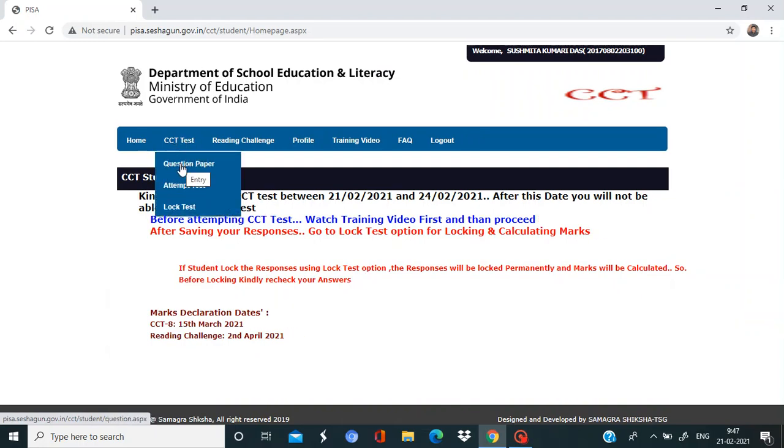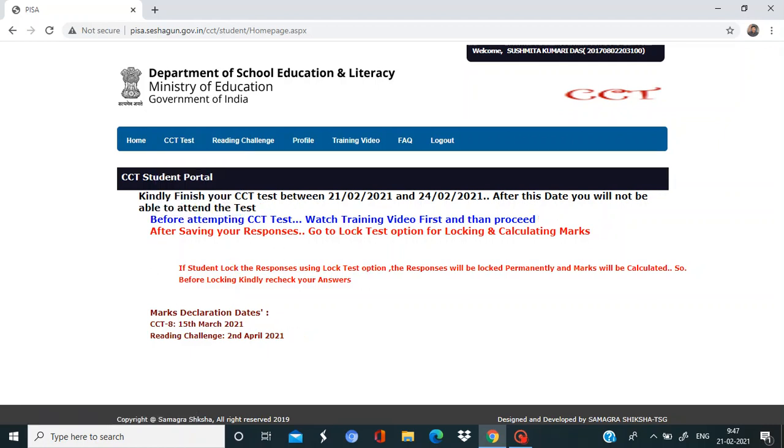First download the question paper, or sometimes the question paper may be provided by your teacher through WhatsApp. You can open that one, read the question paper and write the relevant answers on a white paper. First question A option, second question B option, third question C option, like that you can write the relevant option on a paper. And after that, you press the attempt test. Then after that, you have to go for the log test. These are the three steps that you should follow while writing the exam.